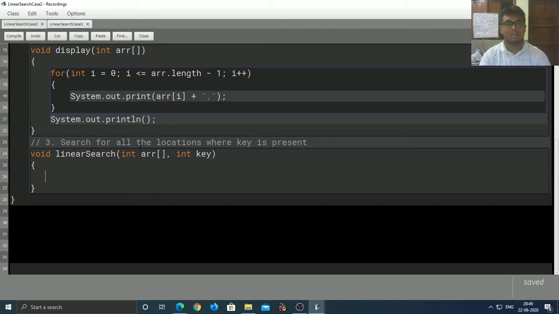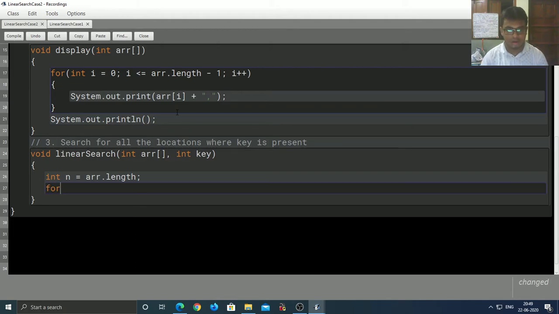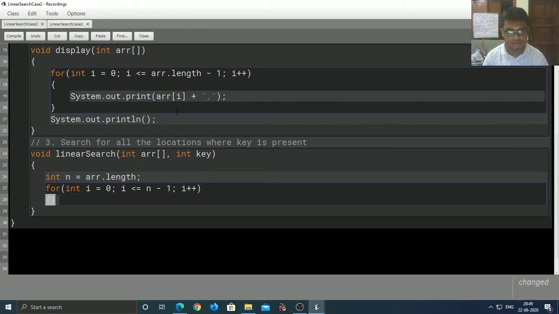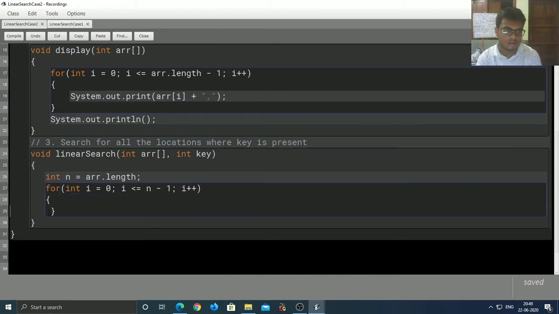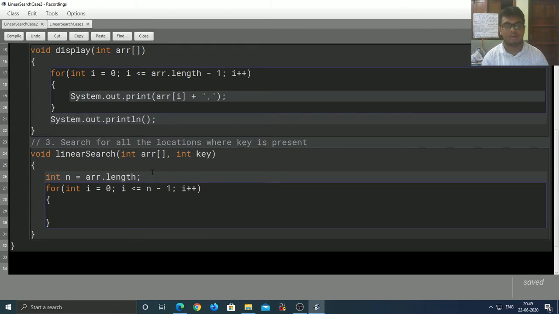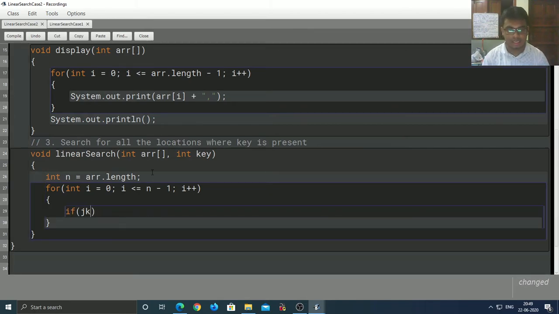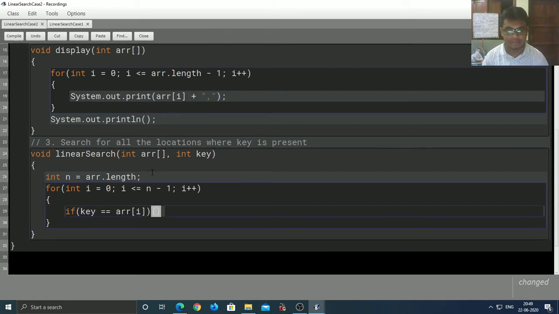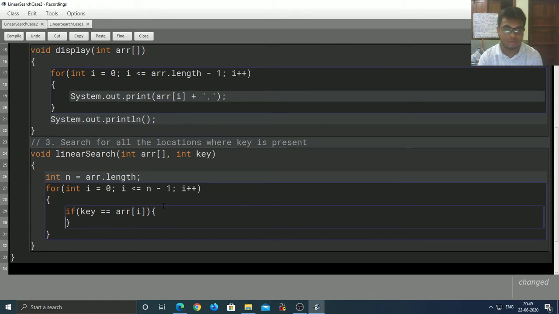All right. So we're going to have n, which is the length of our array, and we're going to run a loop: int i = 0; i <= n - 1; i++. Now we will check if the key element is equal to our current element, the ith element of the array, and if it is, then what we're going to do is